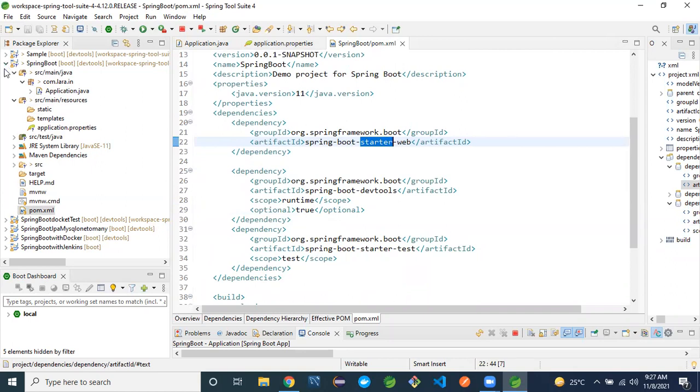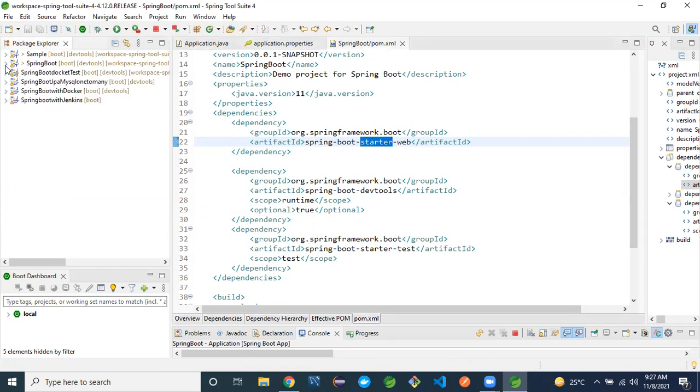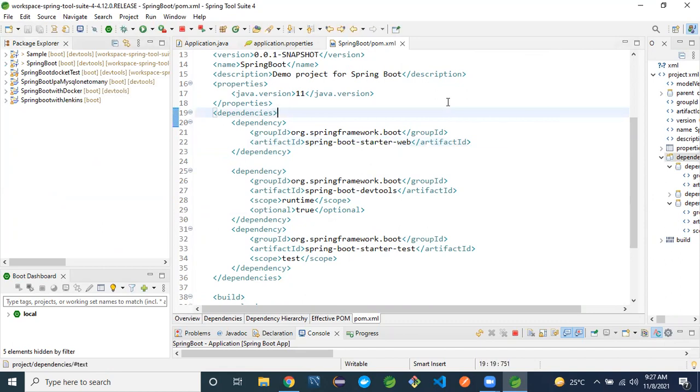It works fine. That's it. In the next session I will provide one more session on how to configure a Spring Boot application with some advantages.